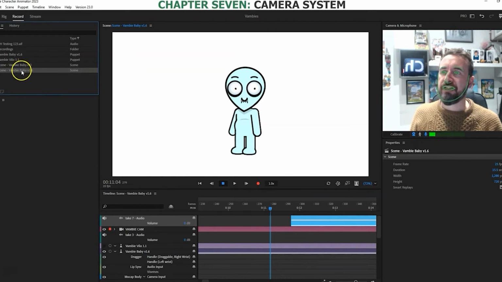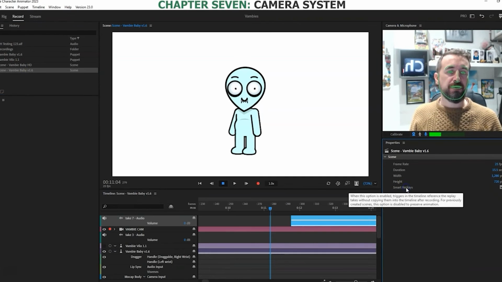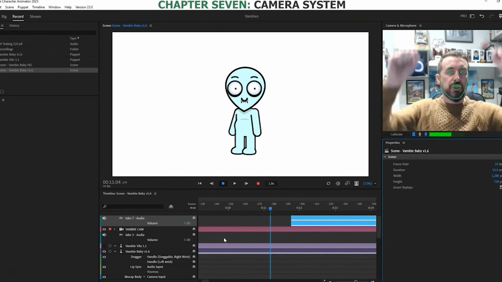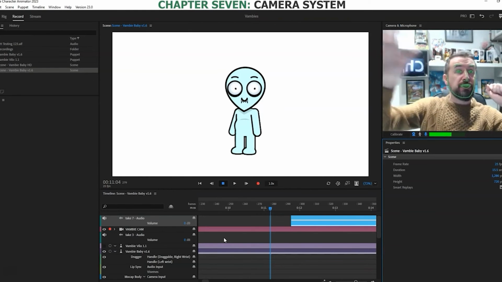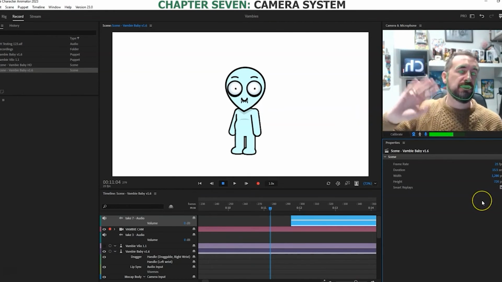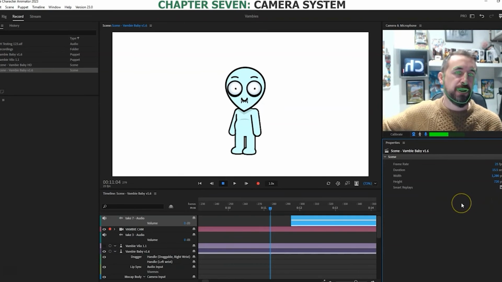Basically, if you select on scene here, and we're in scene V 1.6, that has a thing called Smart Replays. Smart Replays is where you can create a trigger and then drop them triggers into the timeline. It sounds okay, but it actually takes away some of the options. So I prefer, and also, remember I told you earlier about creating the arm replays. Now, if you've got Smart Replays activated, and like I said, you can go and watch tutorial videos specifically about Smart Replays, but as a quick explanation, if you created an arm replay, when you drag it into the timeline,